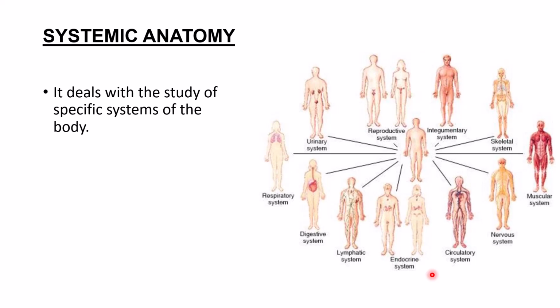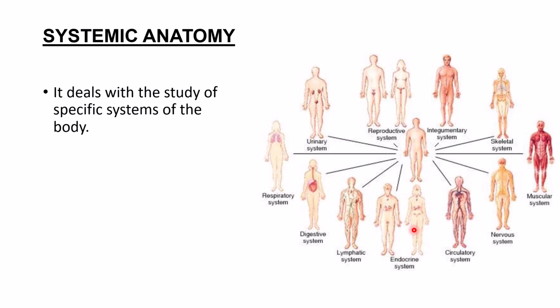In the modular system of MBBS, we study anatomy with respect to systems. This is named as systemic anatomy. It deals with the study of the specific systems of the body. For example, we study the urinary system, the reproductive system, the integumentary system, in which we study the skin, the skeletal system, in which we study the bones and joints, the muscular system, in which we study the muscles, the nervous system, in which we study the brain and the spinal cord,